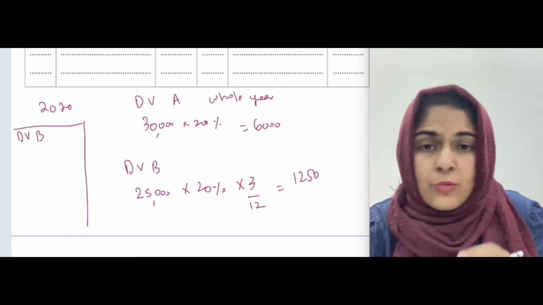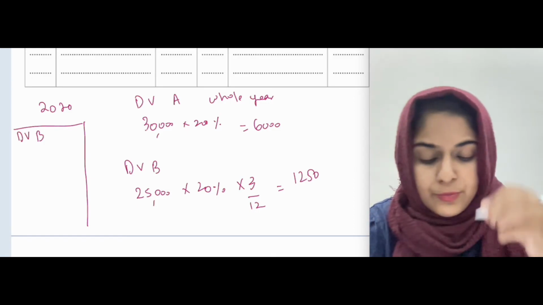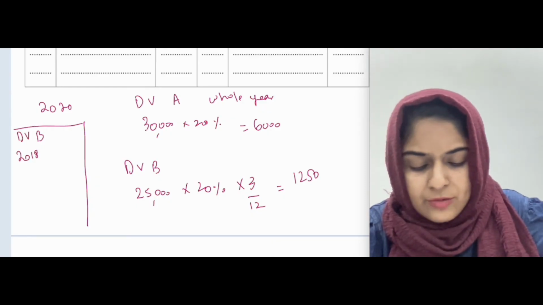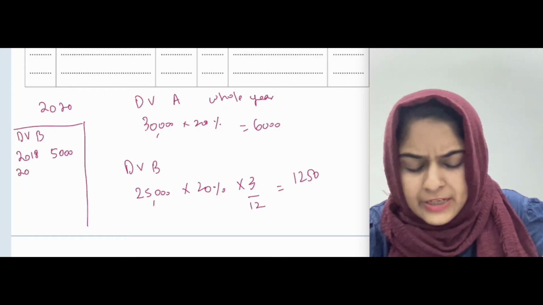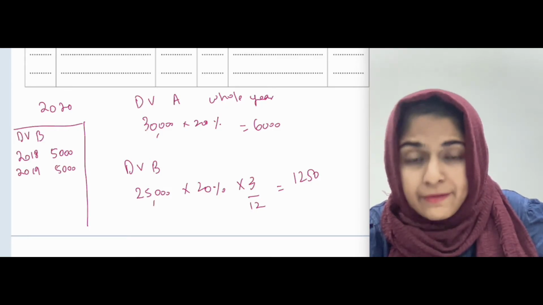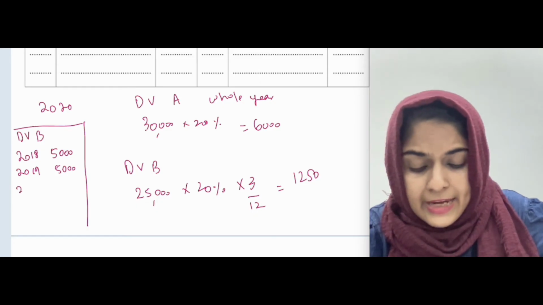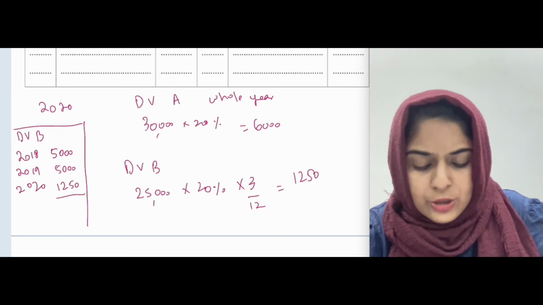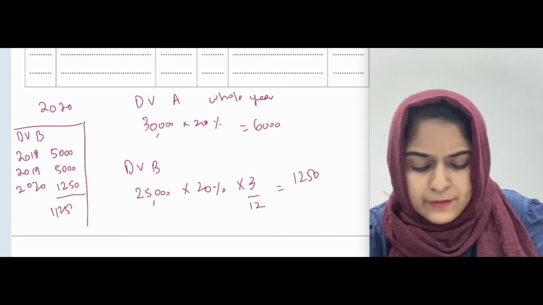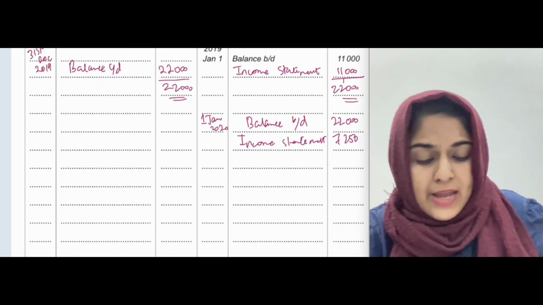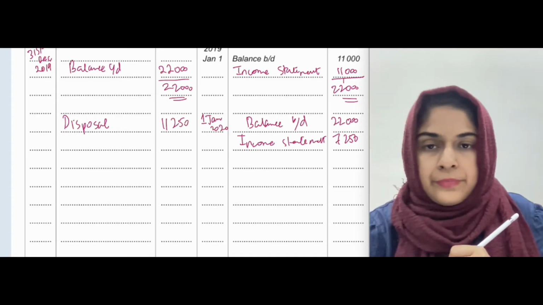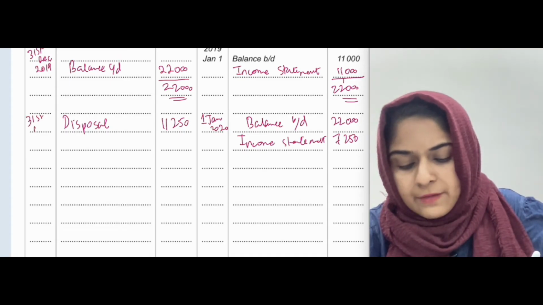So delivery vehicle B was used for 2 years and 3 months. So if you note this and if you read the question properly, in 2018 मैंने उसको depreciate किया था by 5,000. In 2019 मैंने इसको दोबारा depreciate किया था by 5,000. पूरे year की depreciation लगाई थी. In 2020 I depreciated my delivery vehicle B for 3 months. So that depreciation was 1250. So the total depreciation that I charged on delivery vehicle was 11,250. तो मैं यहाँ पे disposal की value लिखूँगी और मैं यहाँ लिख दूँगी 11,250. ठीक है. And I will write the date of disposal 31st March